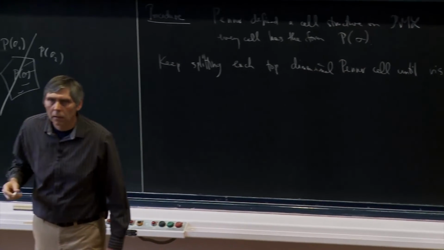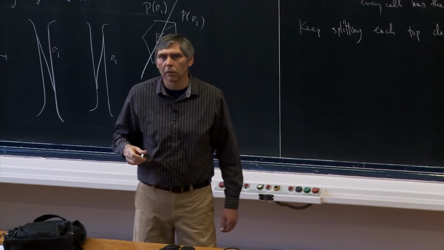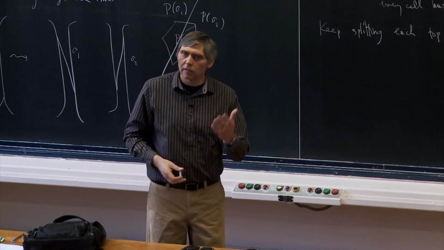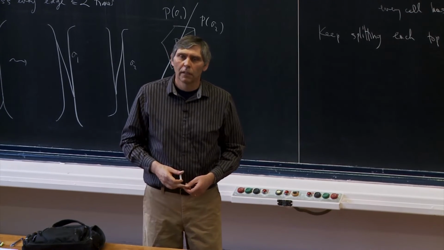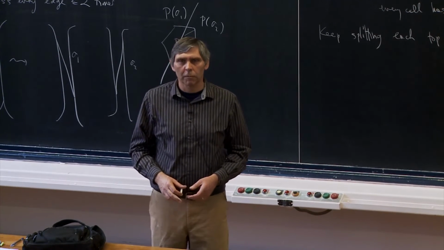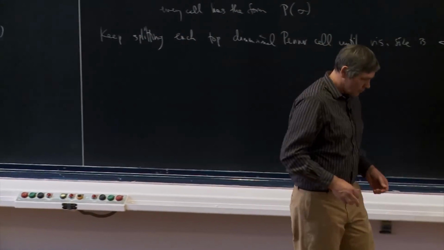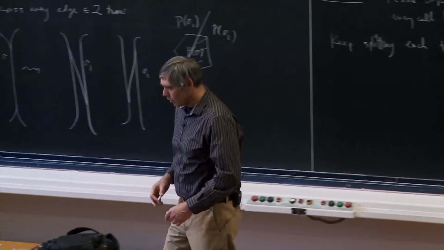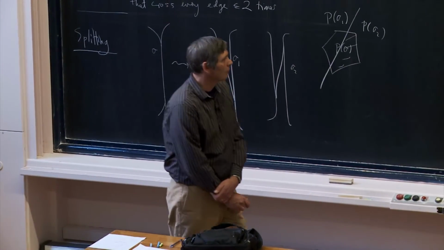What's that? Why is it possible? What do you mean, why is it possible? I'm giving you a procedure. If it's not less than epsilon, split it again. If it's not less than epsilon, split it again. Maybe there are no edges like that. Oh, there are always edges like that. That's part of the transverse recurrence. So there are some details that I'm not telling you, but this is always possible.